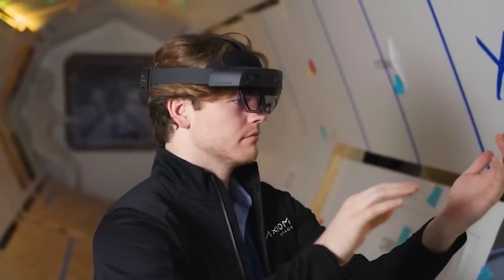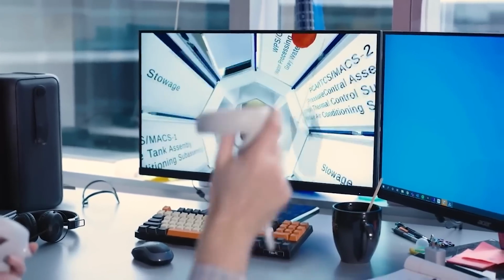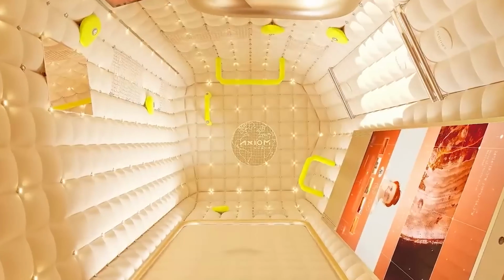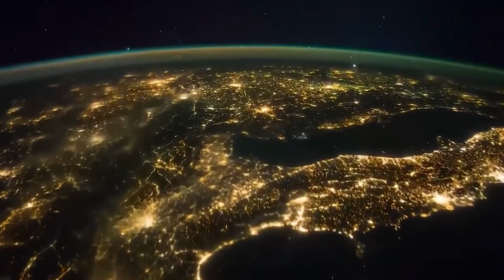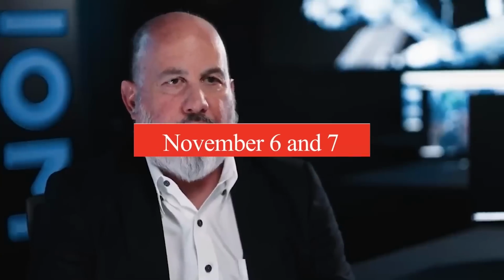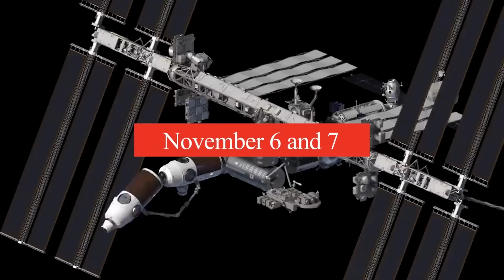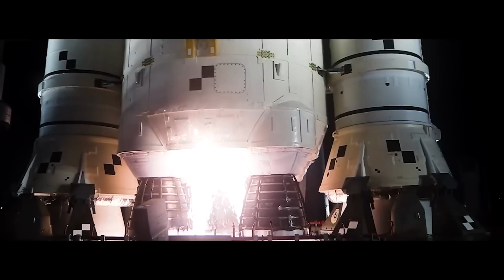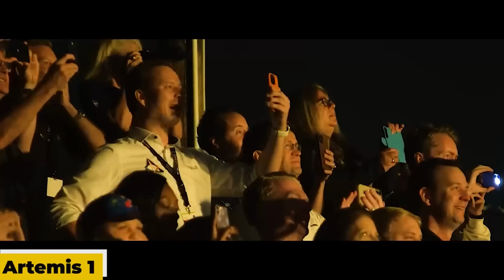ESA member states are actively engaged in discussions about the future of European astronauts in space exploration. Considerations include the development of spacecraft and infrastructure for missions. These discussions will continue at the ESA Space Summit on November 6th and 7th, providing an opportunity for further exploration of possibilities. The Artemis program is already underway with the successful launch of Artemis 1 in November 2022. The first